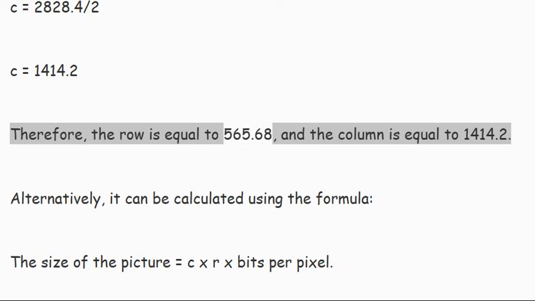Therefore, the row R is equal to 565.68 and the column C is equal to 1414.2.